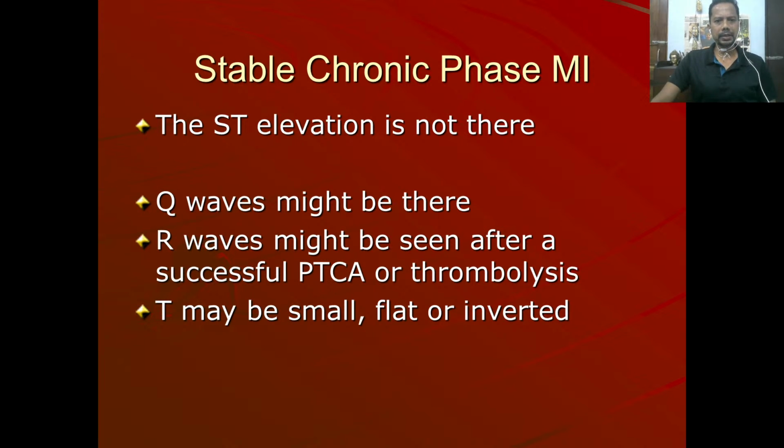Now there is a state called the stable chronic phase of MI. After the MI has occurred and a few weeks have passed by, you will not see the ST elevation anymore, and there will be Q waves, and there can be R waves. And if you have thrombolized the patient very early, the patient came with chest pain, hyperacute changes, ST coving, injury taking place, you thrombolized with tenecteplase or urokinase or streptokinase, and the patient was lucky and his arteries opened up. In that case, the R waves will come back, and in such cases you will see